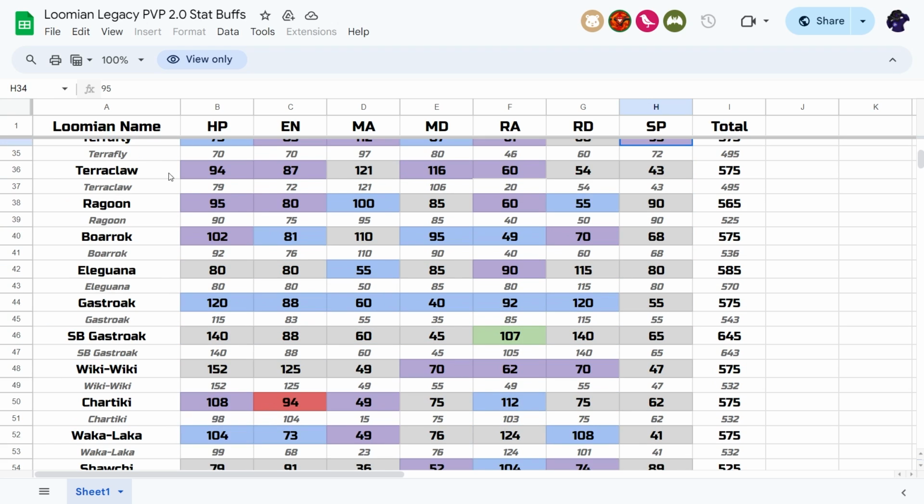Terraclaw, we're gonna just move down a little bit so you guys get a few more visuals. It now has 94, 87 for HP and energy. It now has 116 melee defense, along with 40 more range attack. And then Ragoon gained 5 more HP, 15 more energy, 5 more melee attack, 20 more range attack, and then 5 more range defense. Borak here got 10 more HP, 5 more energy,